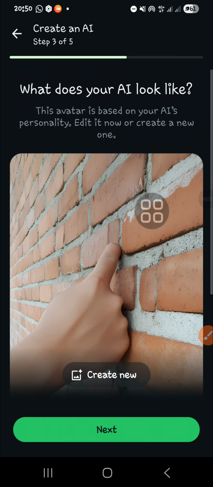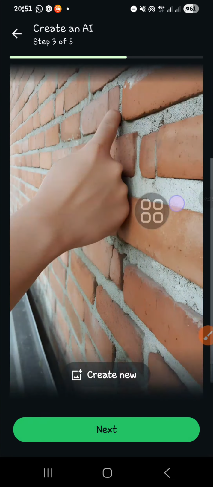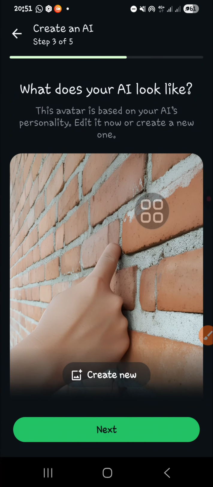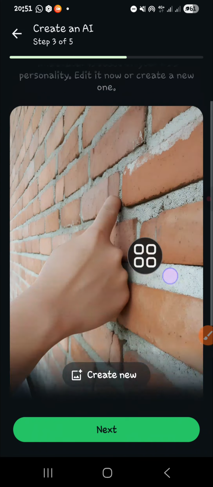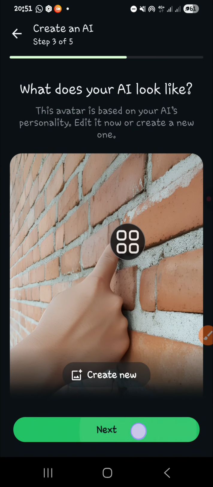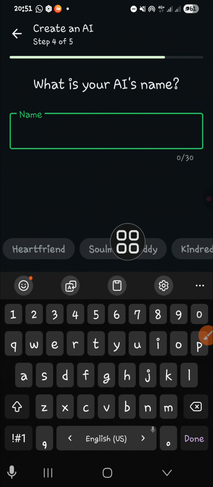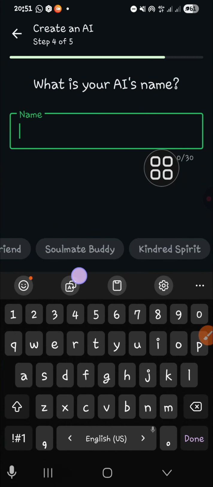All right, and then this is the avatar for my AI, and you can create a new one if you want. You can click on create new here, but I'm just going to use this one and click on next. Okay, and for the AI, I'm going to name it Soulmate Buddy. Okay, and click on next,